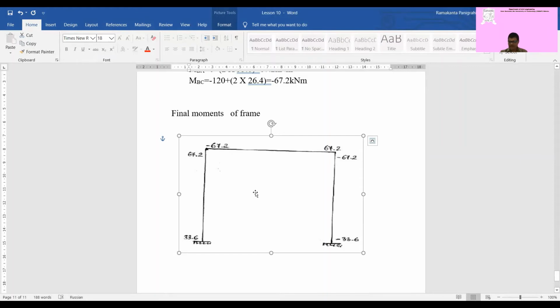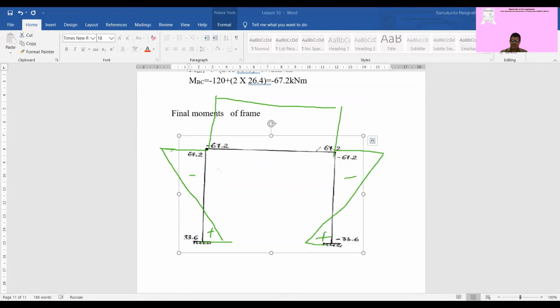So a similar bending moment diagram can be obtained for this also, as you have done earlier. If you want to draw the bending moment diagram, you can draw it here. Here plus means clockwise, it comes like this. Clockwise means positive. Here clockwise means negative, so it comes like this way, minus 67.2. I am drawing the bending moment diagram. Now this is the diagram for this. So this will be plus, this is minus. Here minus 67.2, here also minus 67.2. So both are negative, so they will be like this way.